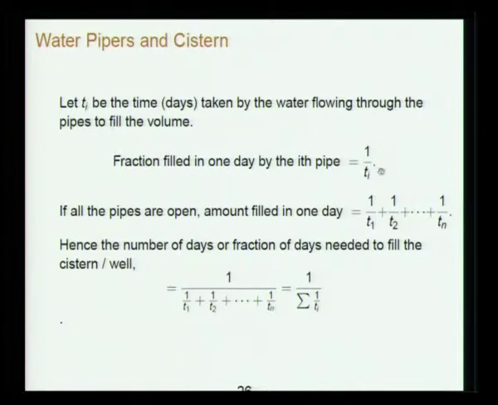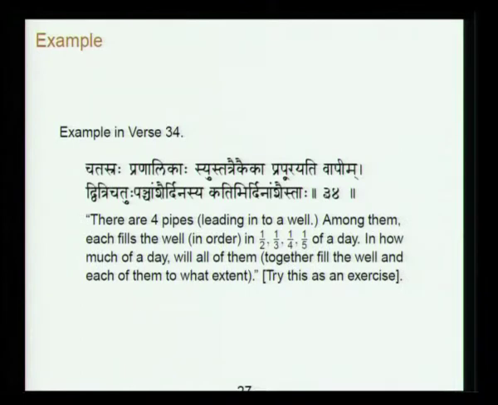So in 1 day how much is it filling? 1 by Ti, right. And if all the pipes are open, amount filled in 1 day is this. Okay, you have to sum over all these inverses, and hence the number of days or fraction of days needed to fill the cistern, that is the whole thing, is equal to 1 over all these inverses. So, 1 over this. So, that is a good correct result, exact result. So, he gives an example,